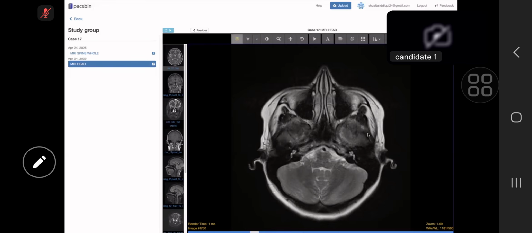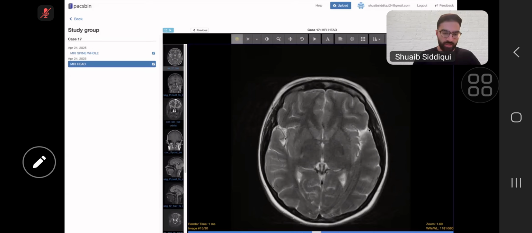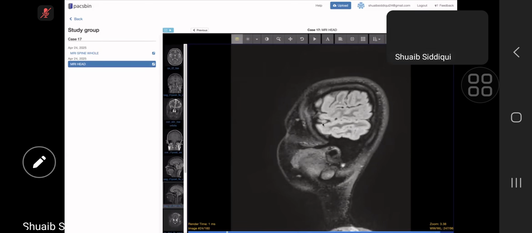So I would like to see the FLAIR, sagittal FLAIR. Yep, you can bring up the FLAIR, so you can see it there. It's at the bottom of the list. This one. Sagittal. No, this one, just below it. One below it. Sagittal T2 FLAIR, okay, this one. Okay. So while I'm scrolling,